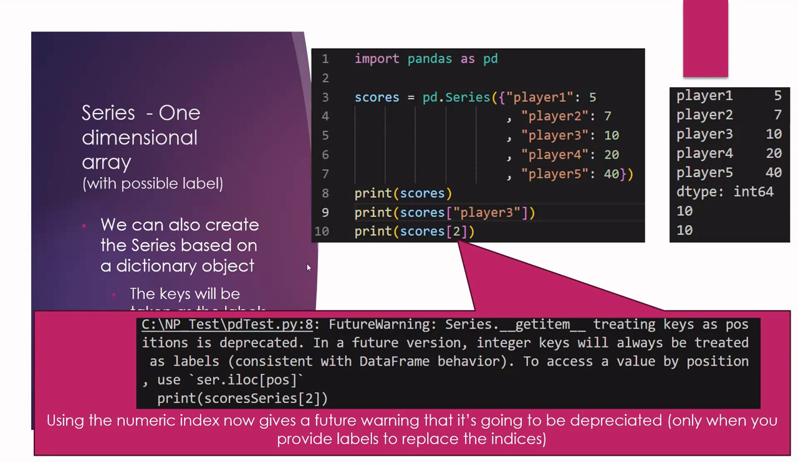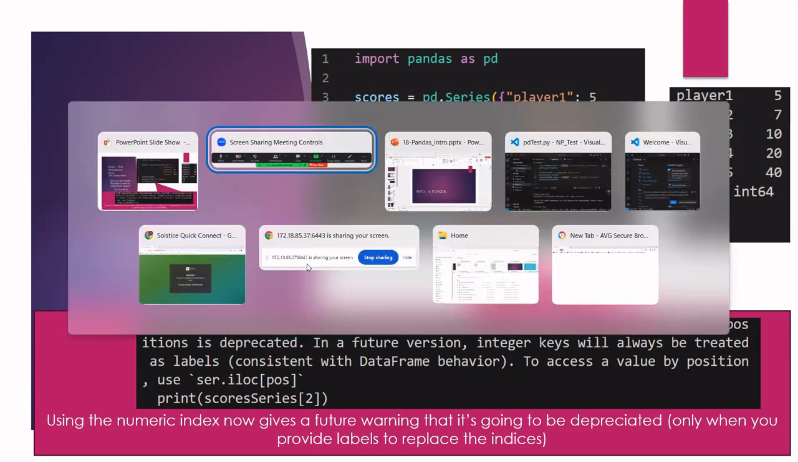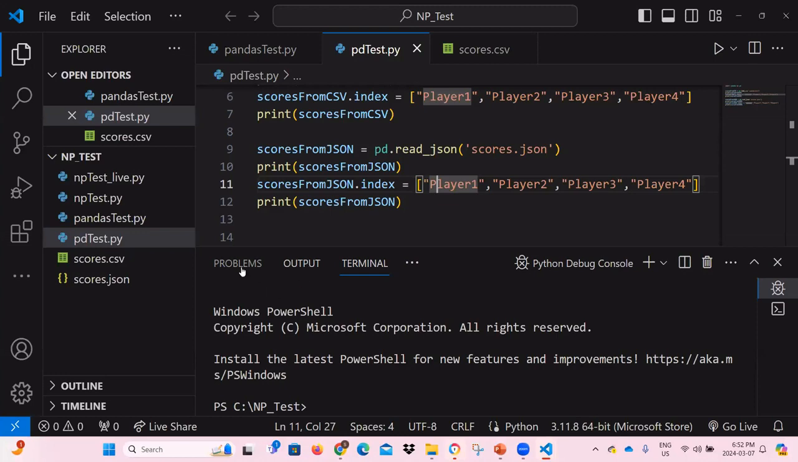Okay, now let's try this out really quickly. I'm going to start